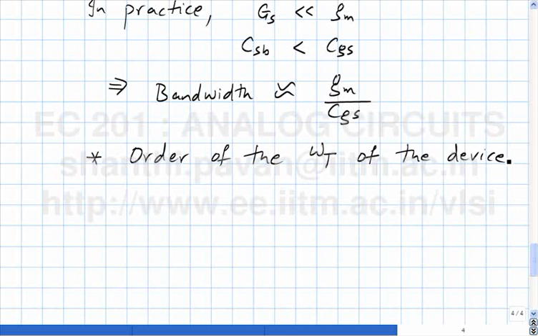And please note again that you are getting a large bandwidth because the gain is very modest. You are only shooting for a current gain of unity. So if the input signal is small, the drain current also has to change by a small amount, which basically means that the MOSFET takes very little time to get there. Yet another instance where the gain and the bandwidth are fundamentally quantities which will trade off in an electronic circuit.